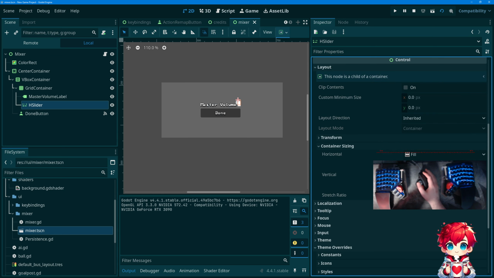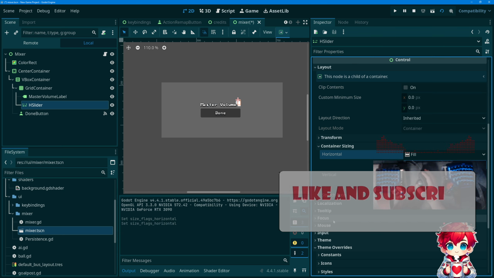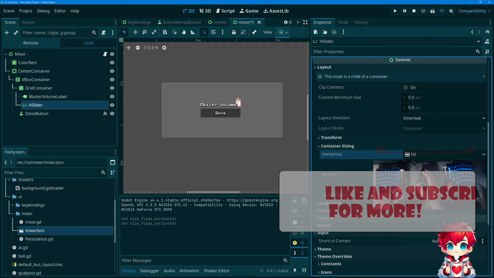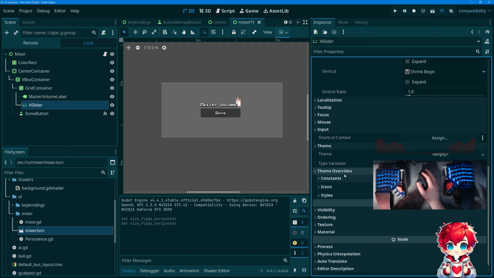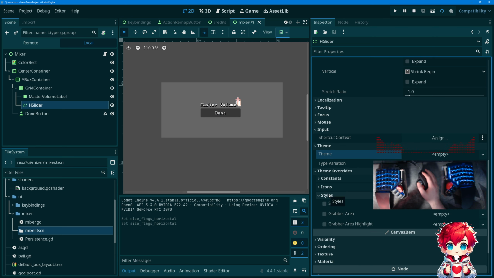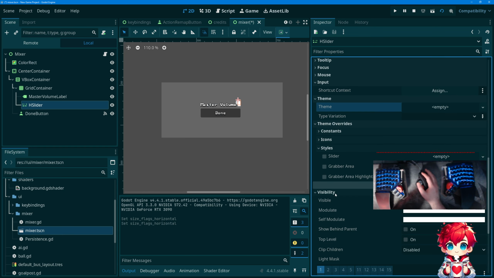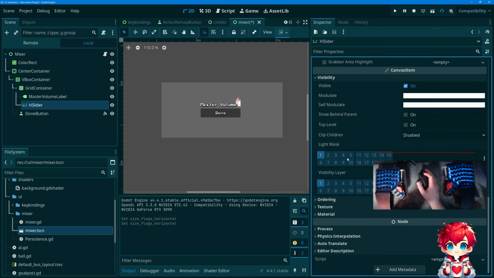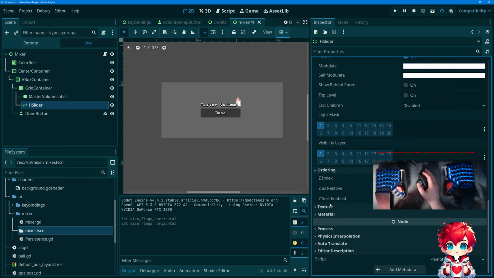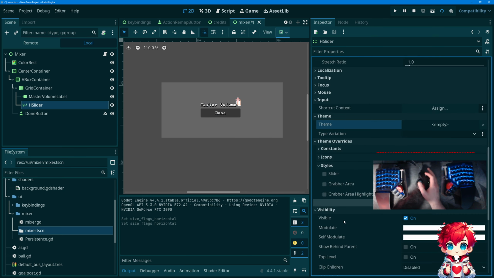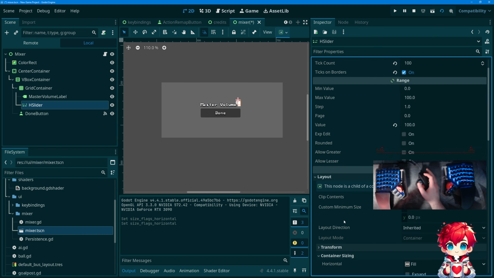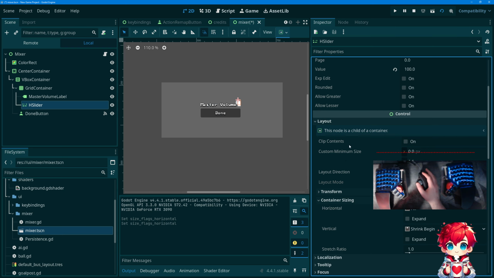Container sizing, vertical, horizontal, fill, expand. That does nothing. Stretch ratio, input, theme, styles, no. Visibility, ordering, material. Wasn't there something that I needed to set here? Transform,